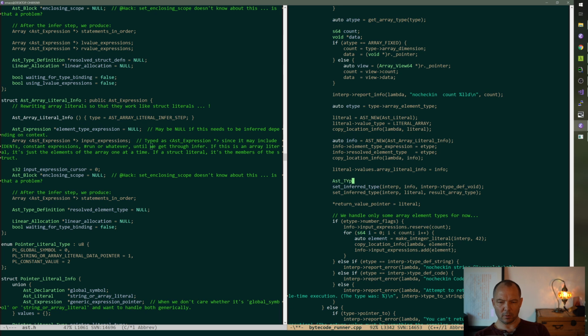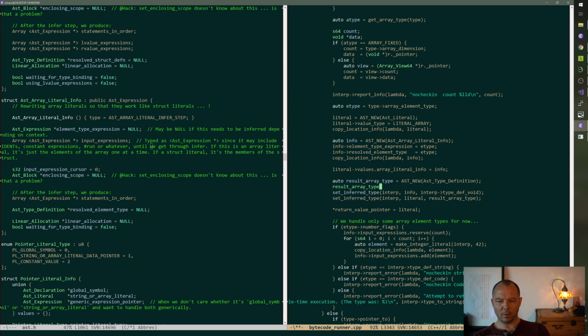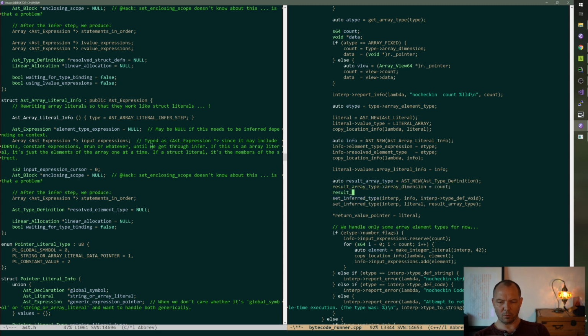Well, result array type. Array dimension is count. Result array type arrow. Okay. Array element type equals E type or something.